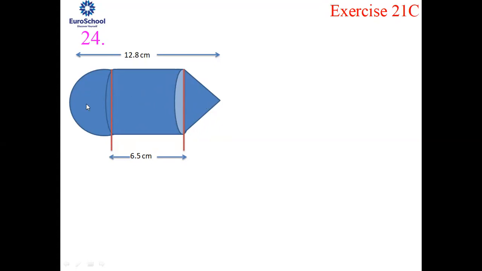So when you consider the volume of the hemisphere, you just have the radius there, no height. So height is not required there. When you consider the volume of the cylinder, you have got H and R there. Here H is already known and R is also given to us. And when you move on to the volume of the cone, there you have got H and R, and you need to calculate H.